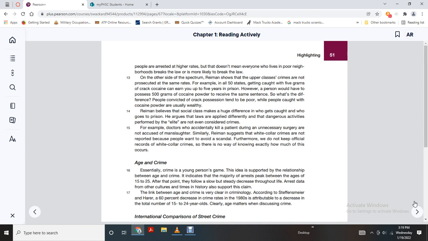So what is the difference? People caught with crack possession tend to be poor, while people caught with cocaine powder are usually wealthy. Some sociologists believe that social class makes a huge difference in who gets caught and goes to prison. Others argue that the law is applied differently, and that dangerous activities performed by the elite are not evenly considered